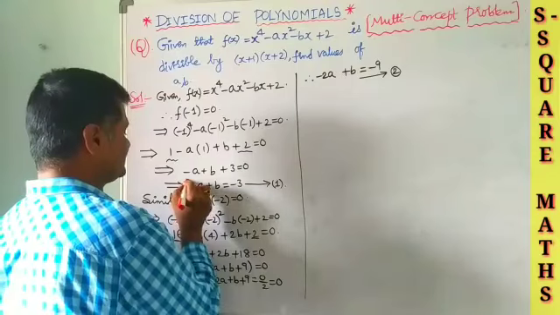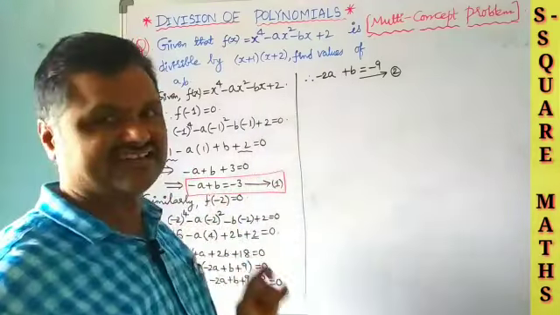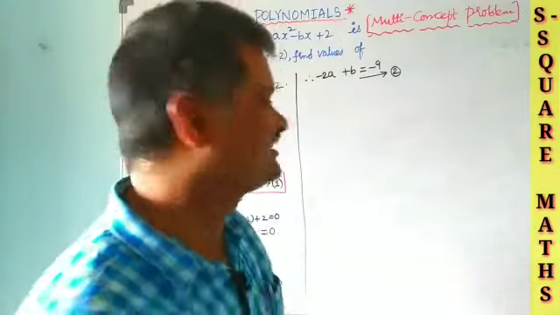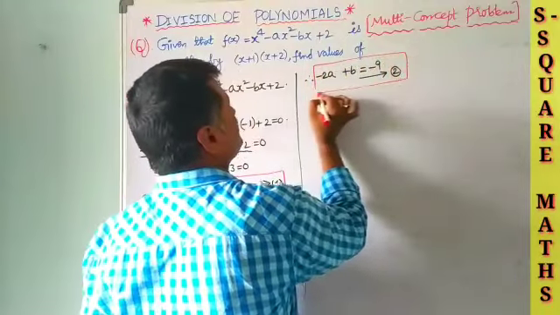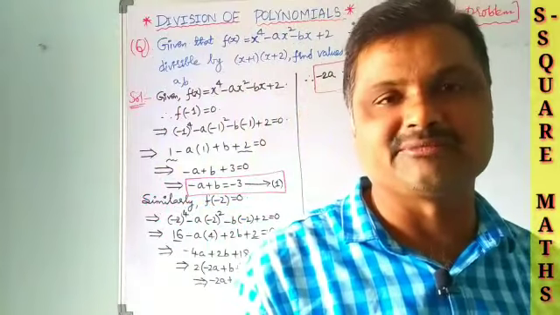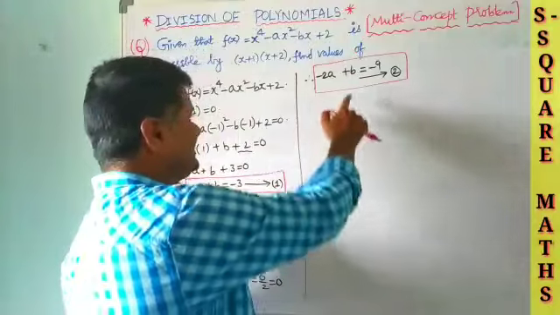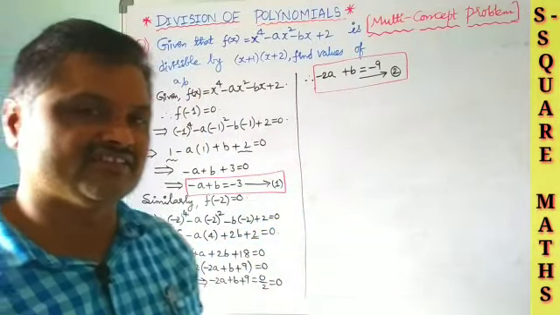So this is a linear equation in two variables. First degree equations in two variables are said to be linear equations in two variables. In the same way, equation 2 is also a linear equation in two variables a and b. So like this we got two linear equations, nothing but a pair of linear equations in two